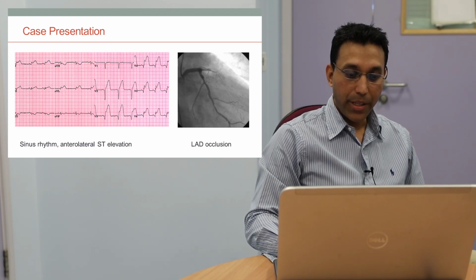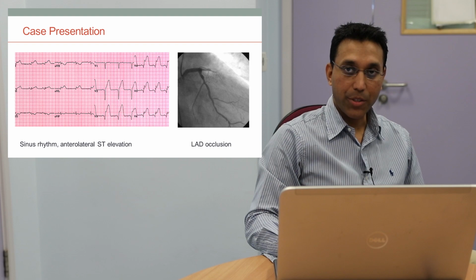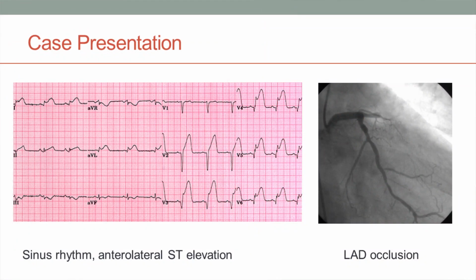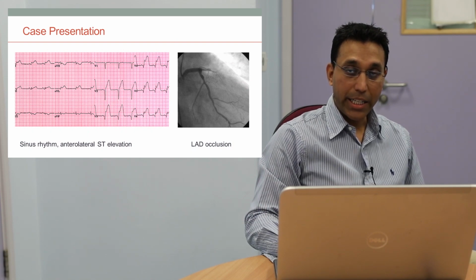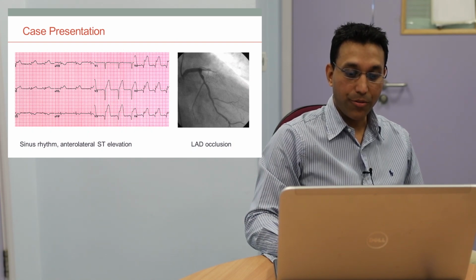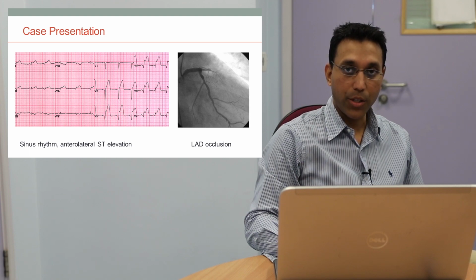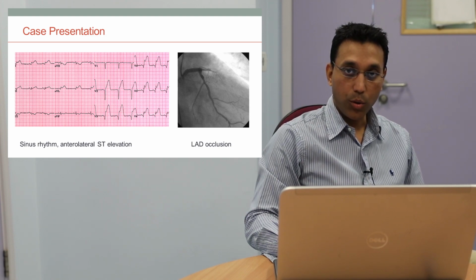Now, you'll note from the ECG, this demonstrates significant ST elevation in the anterolateral leads. There were Q waves evident already as well. And initially she needed some oxygen and IV furosemide due to breathlessness, but went straight to the cath lab for coronary angiography, which demonstrated a proximal LAD occlusion with diffuse disease in the other arteries. She went on to have PCI to the LAD with a drug-eluting stent and a call to balloon time of